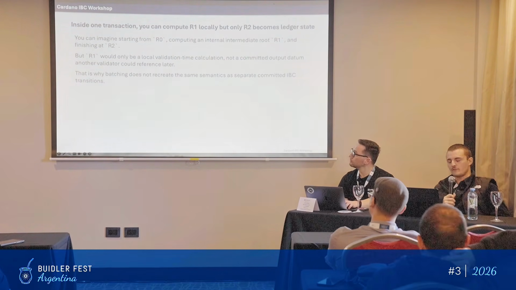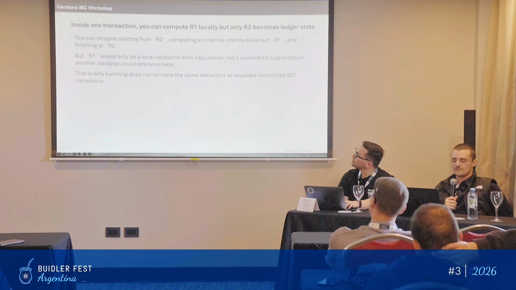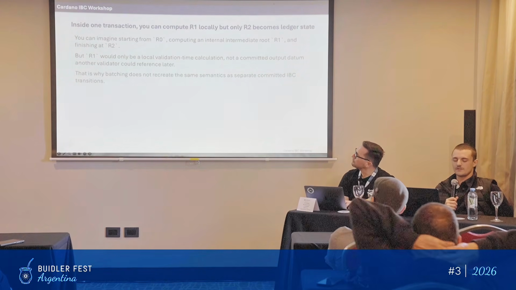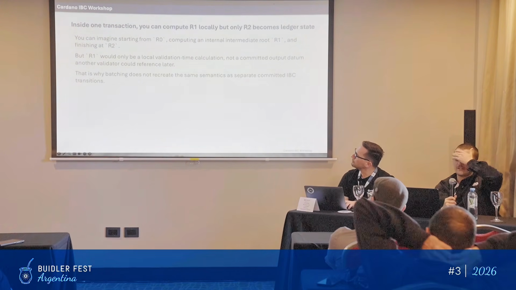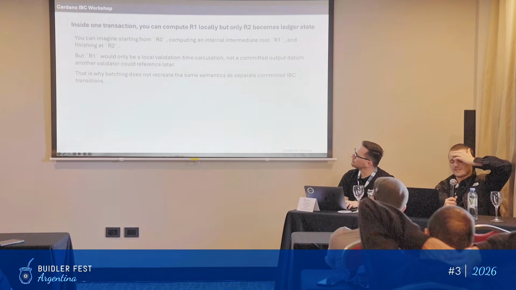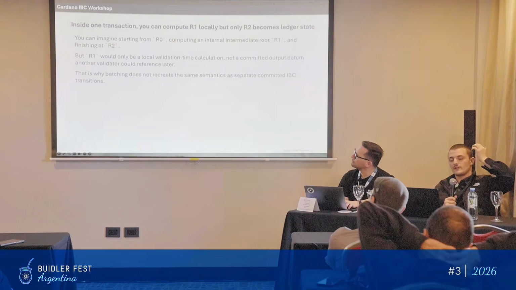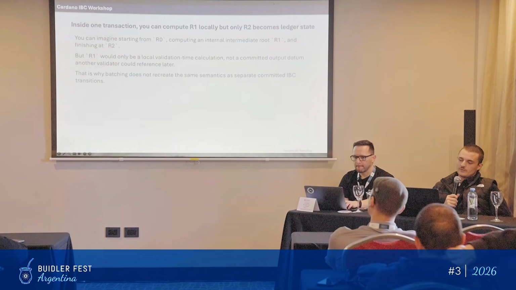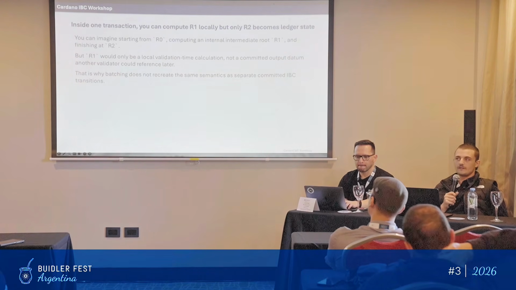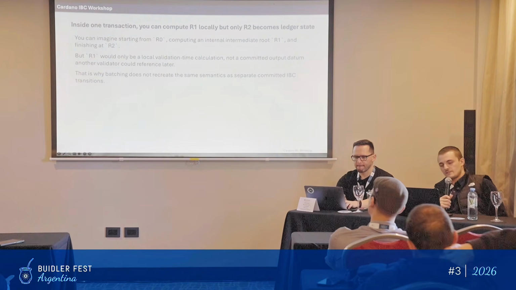Yeah, I mean, this is just kind of reframing the same thing. If you're trying to chain transactions, you need a certifiable ledger state as your intermediary step. So kind of what Giovanni and I were discussing is how you might be able to chain transactions like I was just describing, but your intermediary needs to be a verifiable ledger state. So that means it needs to be certified by Mithril, which is unfortunate because that basically means that anytime there's a Cardano state change, we don't get to build anything on top of that until Mithril picks up that state change. So for us, this is quite a while at the moment.